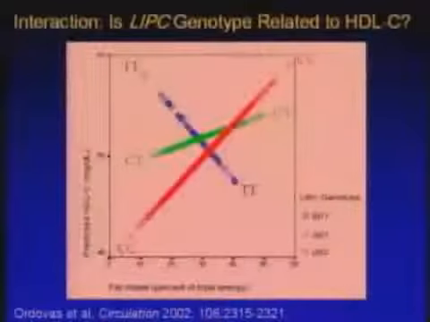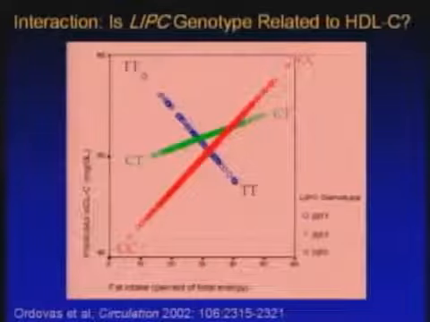It's still not going to be nearly as bad. So that's work that you should just be aware needs to be done and could readily be done. One of the nicest examples that I've seen of gene-environment interaction has to do with some work that Jose Ordovas